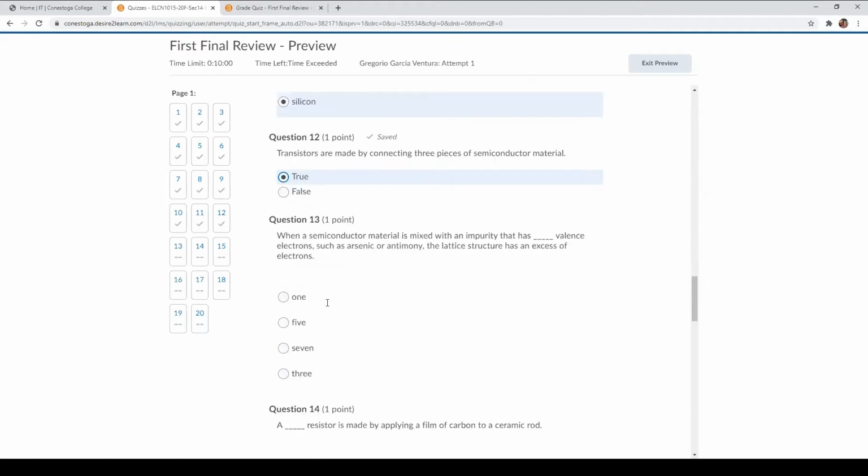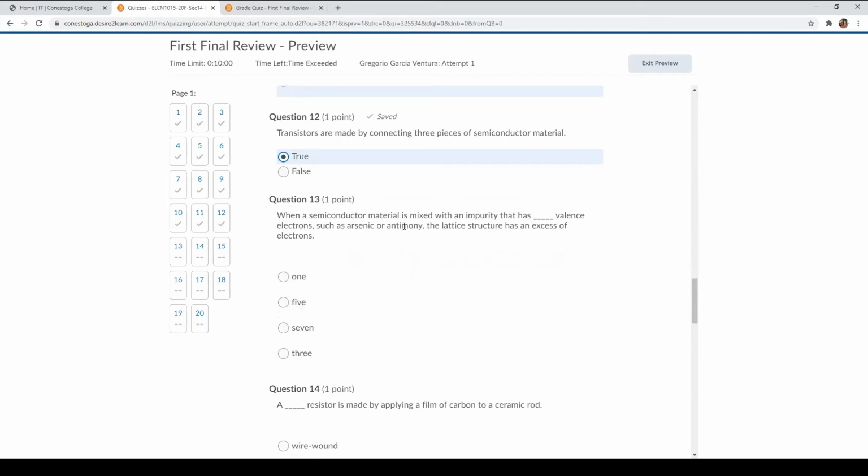Okay, so in question number 13, when a semiconductor material is mixed with an impurity that has a blank amount of electrons, such as arsenic or antimony, the lattice structure has an excess of electrons. So in order for us to have an excess of electrons, we have to keep in mind that the lattice structure of silicon only has 4 electrons in the valence shell. Okay, now when we add an impurity,